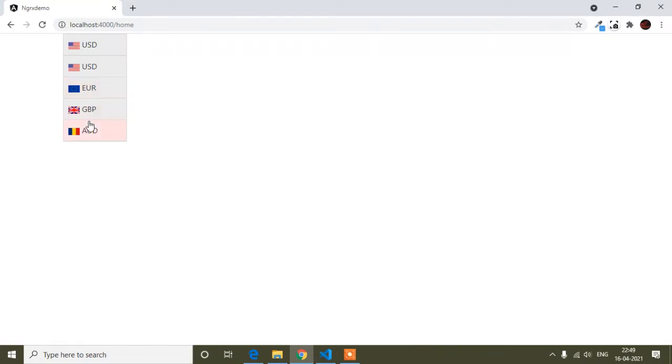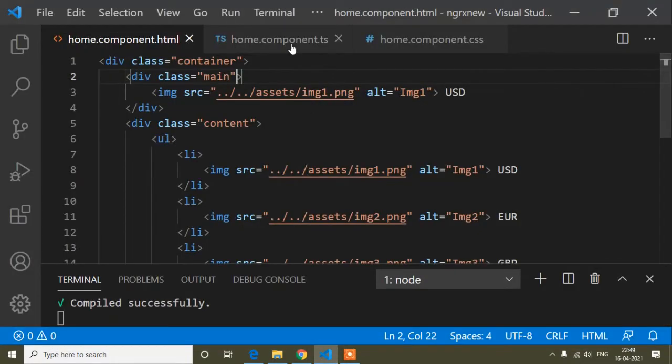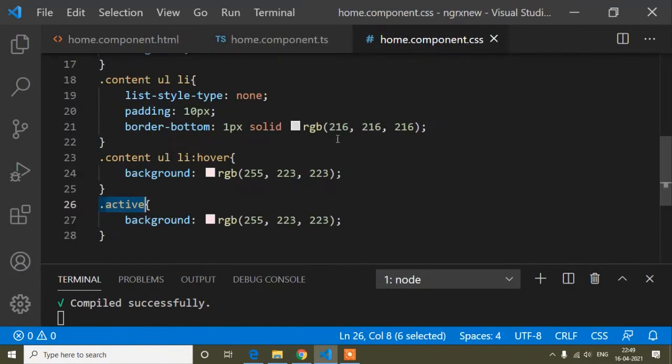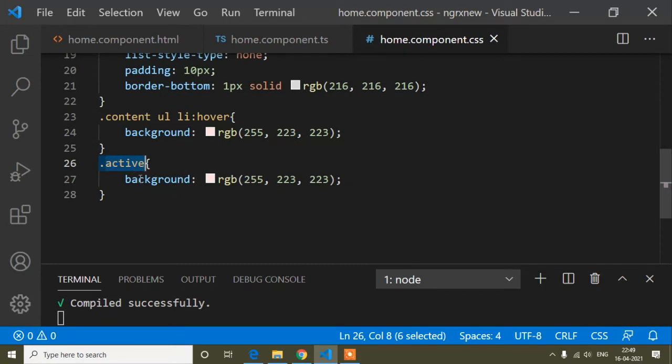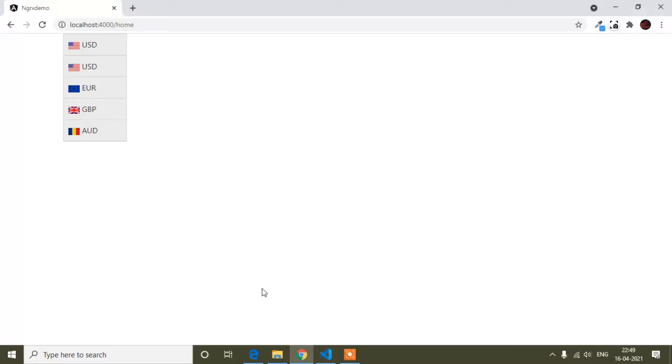And now if I click this AOD or any li tag, whichever li tag I click, the active class will be added to that li tag, and that means the background color red will be added. I will write that active color functionality when I work on the functionality. So now I will go to work on the functionality, because you can see the design part is almost completed, and it's not a good design, but it's okay, because here I will show only the functionalities.